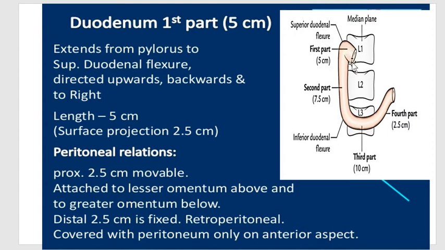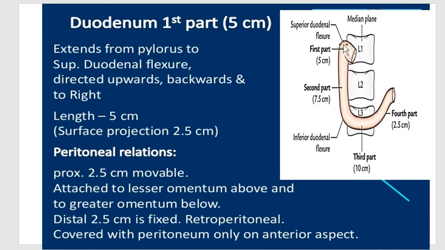So this is the proximal part of the first part of duodenum. The proximal 2.5 centimeter, out of the whole first part of 5 centimeter, is movable, as I told in the previous slide also. This is attached to the lesser omentum above. Here at its upper border the lesser omentum is attached, and along its lower border the greater omentum is attached, and